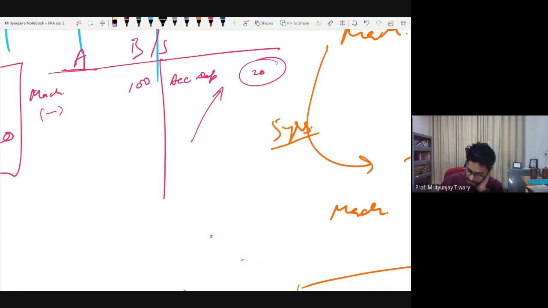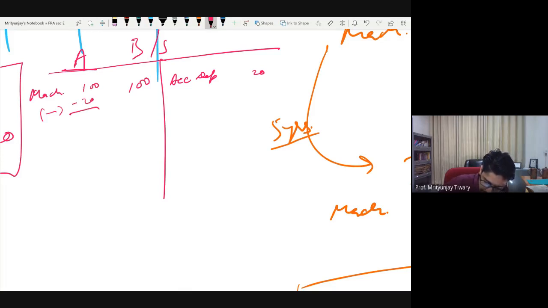In fact, you will see that despite providing accumulated depreciation, there might still be some maintenance expense that will appear as a separate item. So it doesn't have anything to do with maintenance. Maintenance is a separate item altogether. This has something to do with my machine: how much is the value reduction simply because I have used it? That's all. And that is why I prefer this representation much more than the second representation. Because writing it in the liability side, even though it will make the two sides tally, doesn't give a proper intuition. Okay, any questions?